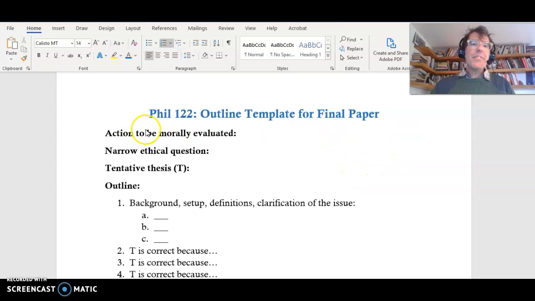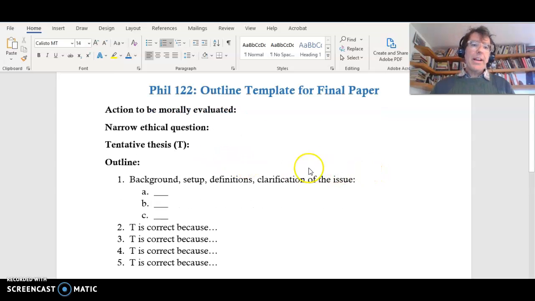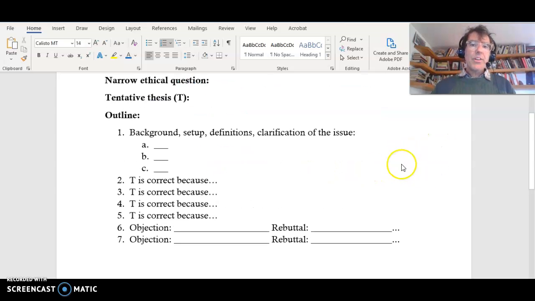All right, so you have your action to be morally evaluated. You have your narrow ethical question. You have your tentative thesis. So T for thesis. Tentative means you'll probably revise it, but this is your first try at the thesis. And then your outline, okay? So in the outline,